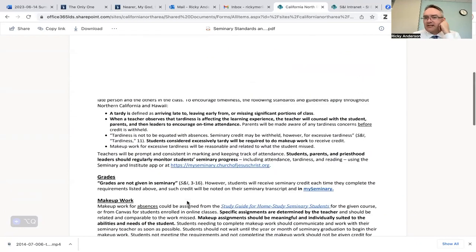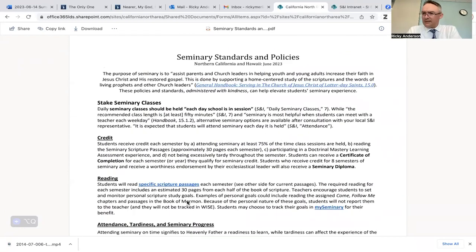I think ultimately this is a pretty good rundown of what you need to be expecting next year. If you have questions or concerns about any of this, about anything that Laura has said, please reach out to either of us. We are here to help. We're super excited to be with you, not just the school year, but also this summer. This is going to be for this week's